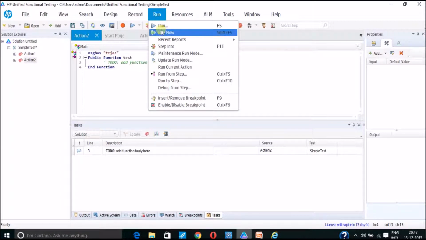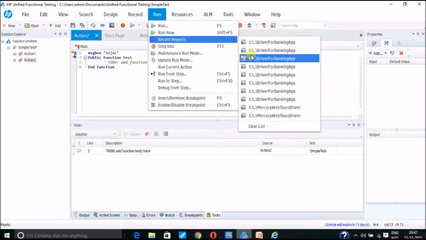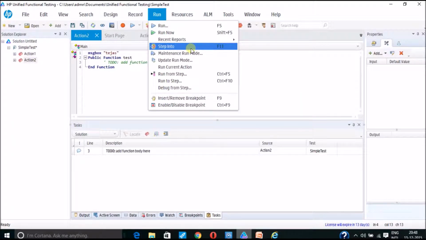Inside run, there are multiple options. If I press F5 it will run the entire set. Run now will run only a particular part of a test. Recent report will generate or launch the reports of recent actions or recent tests. Step into means it will go inside that particular code snippet. Maintenance run mode means during design time, if I want to run and just check the